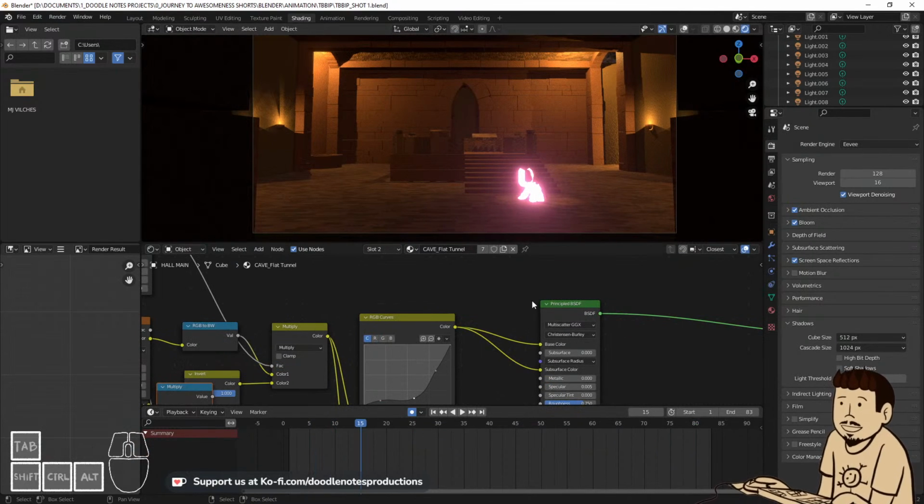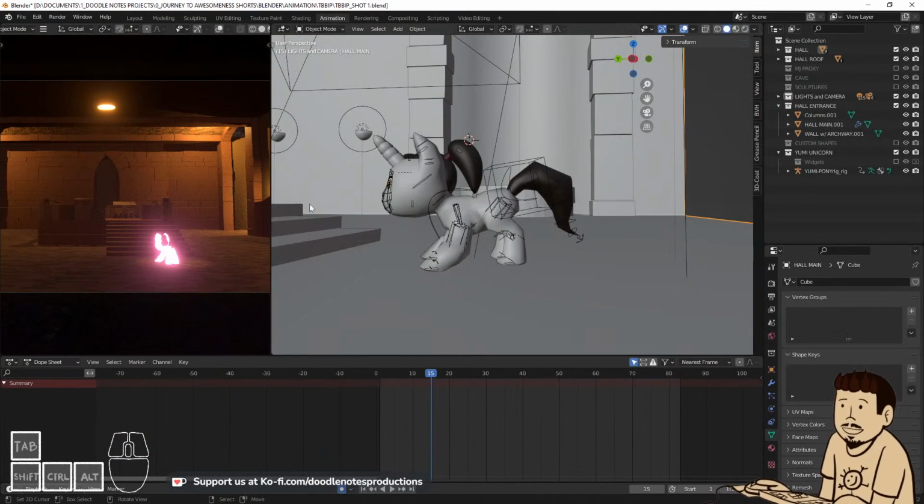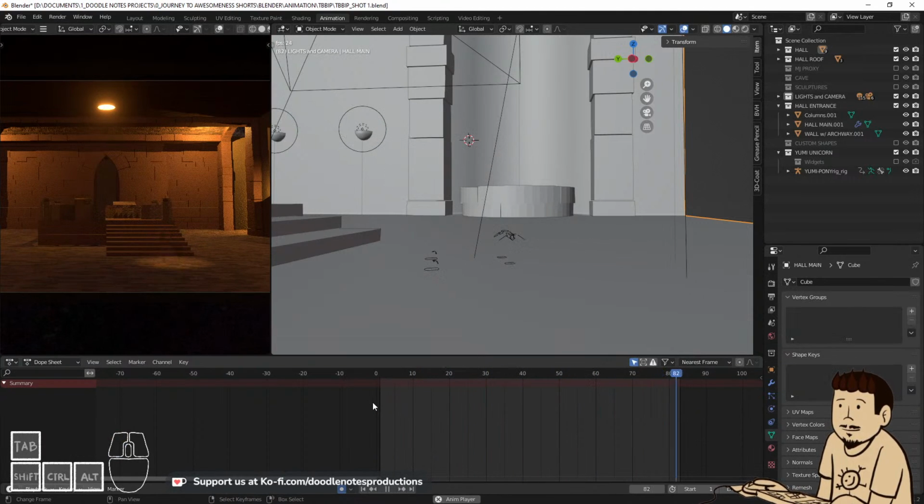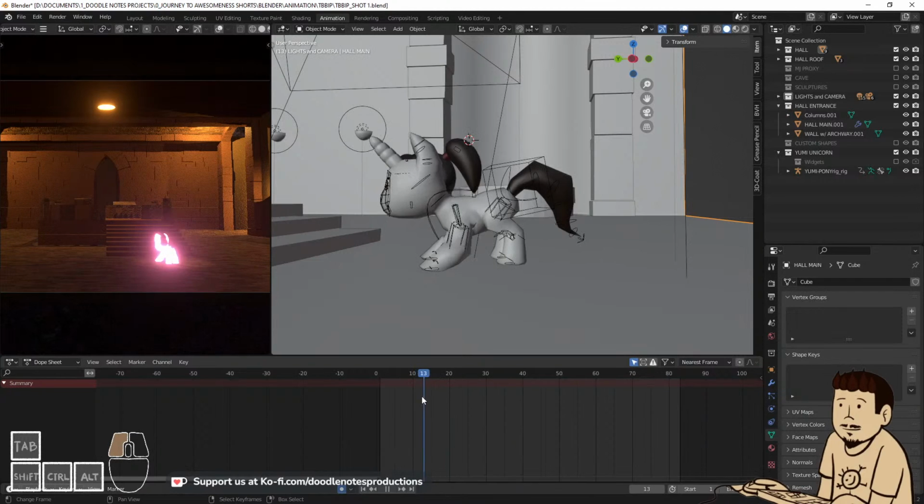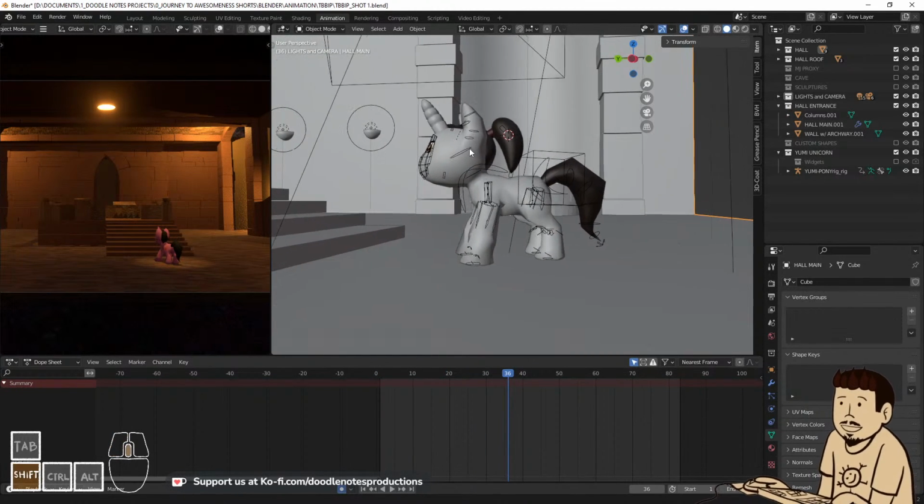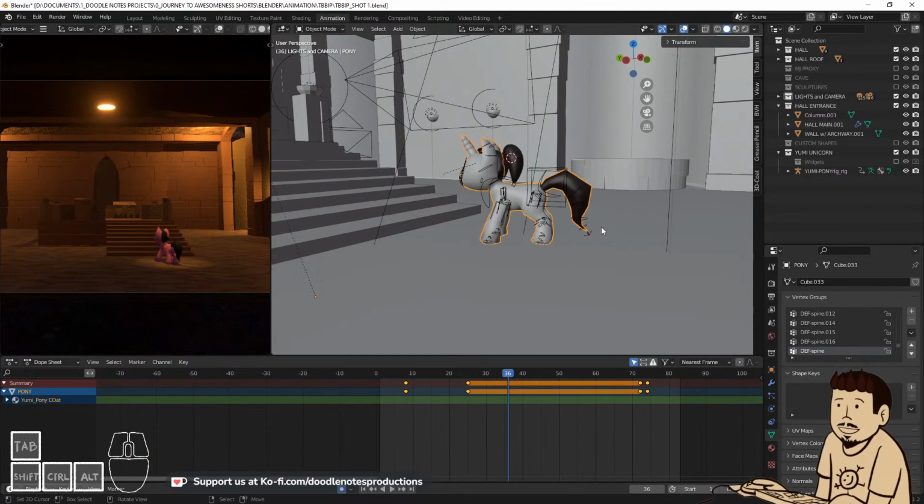Okay, so another thing that we can add here. We're done with that, and that's just a simple teleport, lit up. We're gonna be adding a light there soon as well, but first I wanna add a